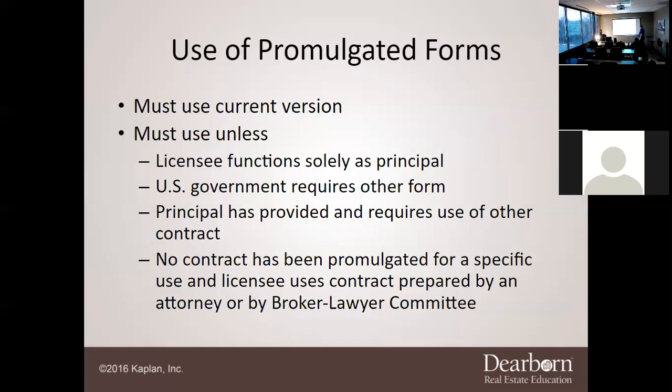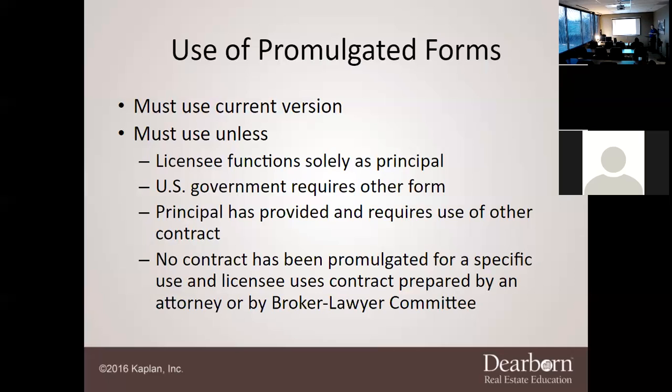Now, the question comes back to this situation. What happens if Jarek goes over and just says, Mr. Grossman, here's a piece of paper that I just wrote: I sell my property to so-and-so. That's all it is, just one or two sentences. Is that valid? Technically, yes, because the seller, the principal, has stated that they require the use of that contract. So in that situation, that contract is going to be required.